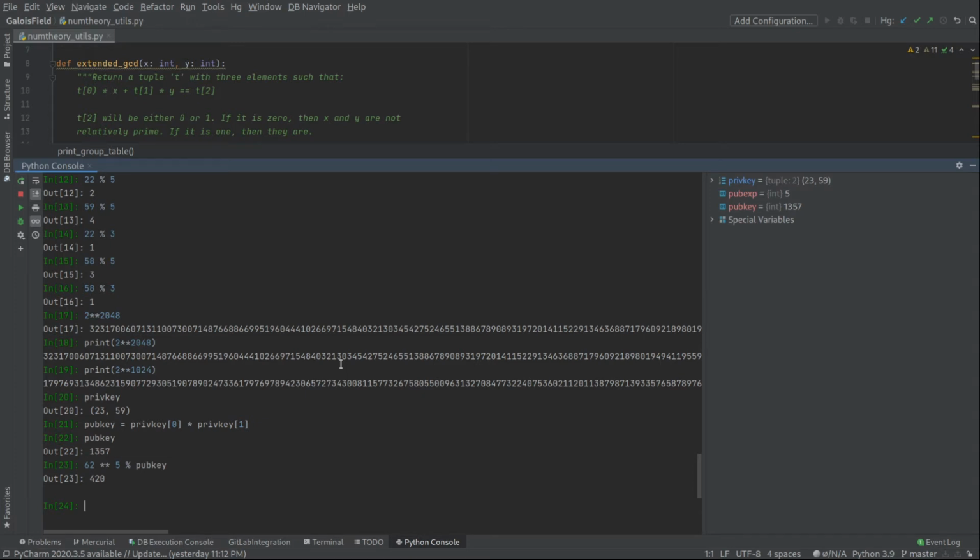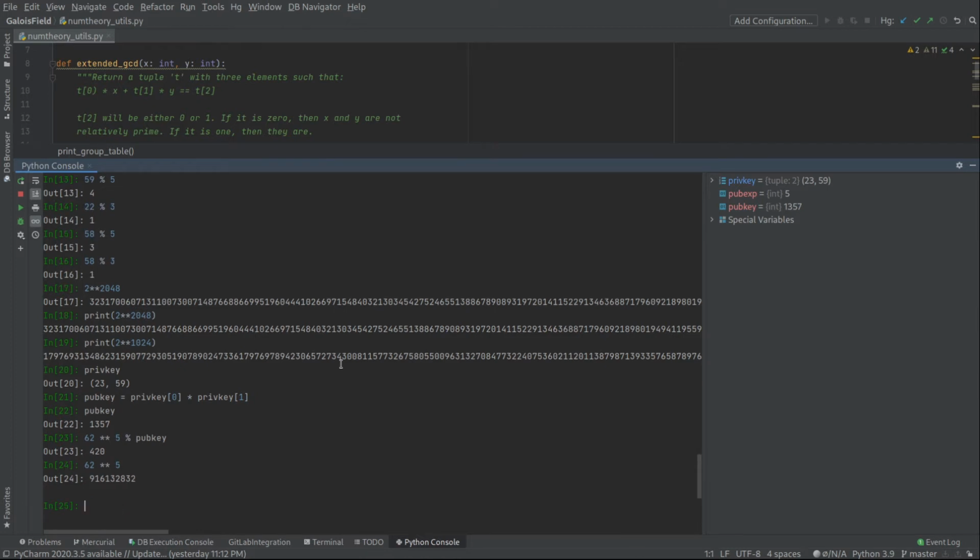Well, I didn't choose that on purpose. So 420 happens to be our encrypted message. But how do we get back 62 from 420? It's an interesting question. The other thing is, of course, it would be really easy to take the fifth root of 420, except 62 to the fifth power is way bigger than 1357, and so it's actually really hard to take the fifth root, which means that your message to the power of your public exponent